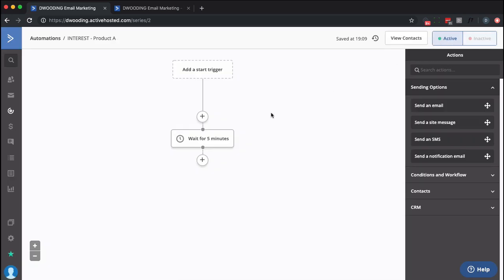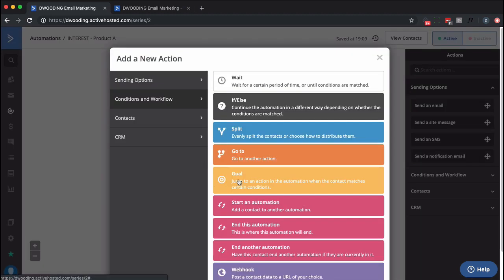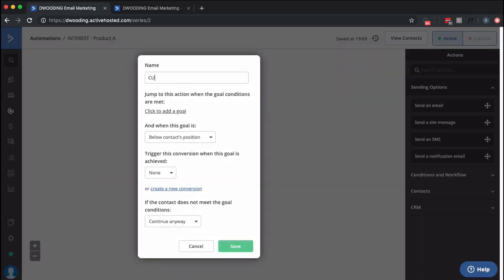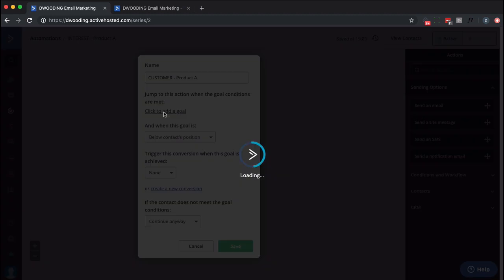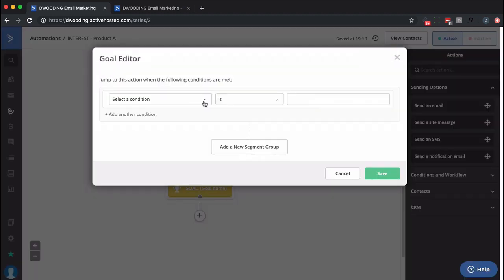But really what this is going to be is a sequence of emails spaced out per day, one per day for up to however many days. And then I'm actually going to put a goal at the very end. So I'm going to say a goal. It's going to be called customer. And again, it looks a lot like my tags and automations. And then we want to have a goal here, which is,